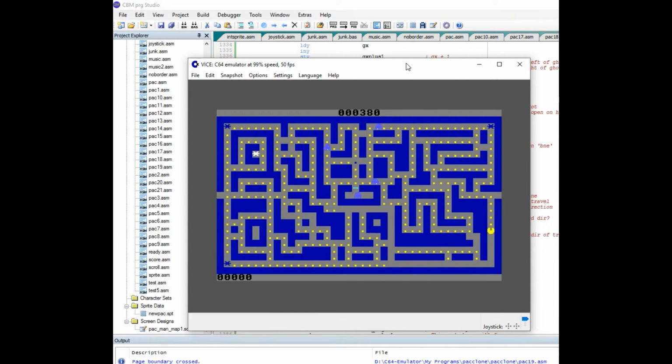And so these are the types of problems you can run into when you're making a program: weird little random bugs. Everything worked, but when I changed maps, look what happens to that ghost. He just does not want to enter the cage. And so he just goes wobble, wobble, wobble up and down right there.